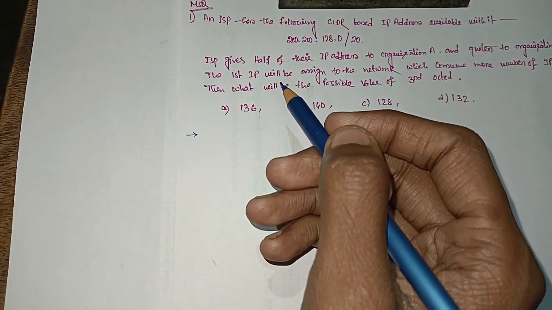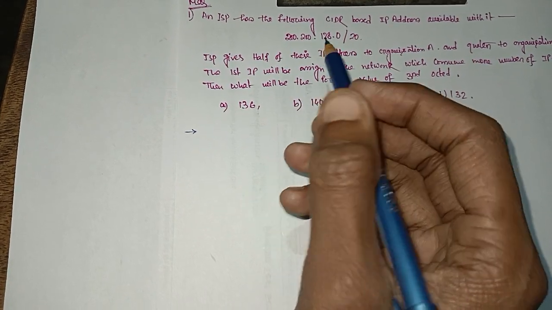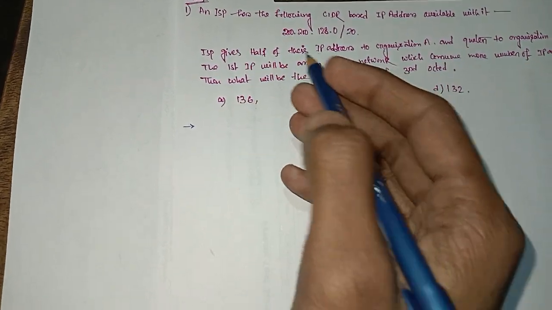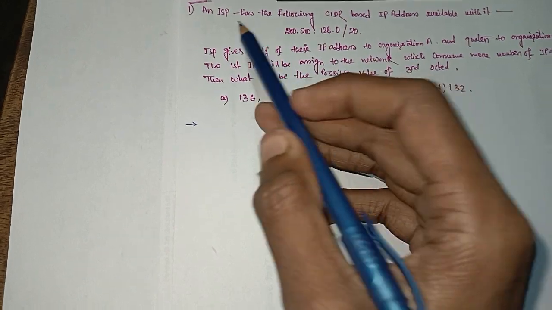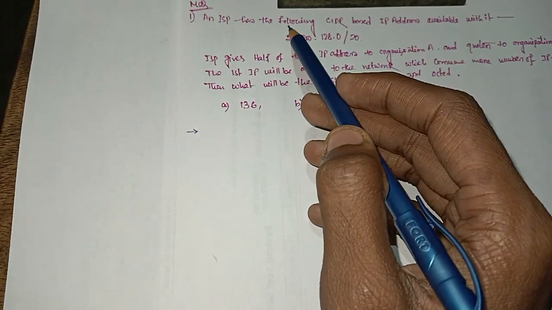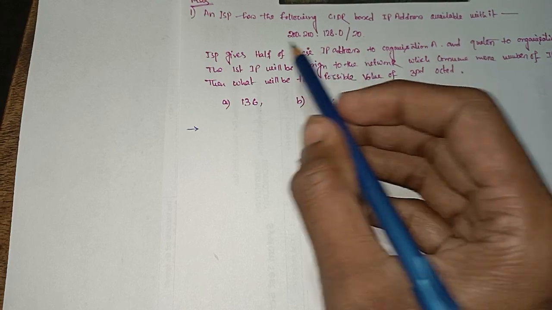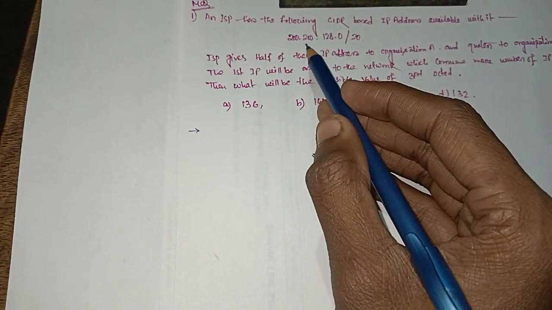So yes, the GATE 2022-24 exam is passed, so we have to give an MSQ question. This is a computer network question. The question is, an ISP has the following CIDR based IP address available